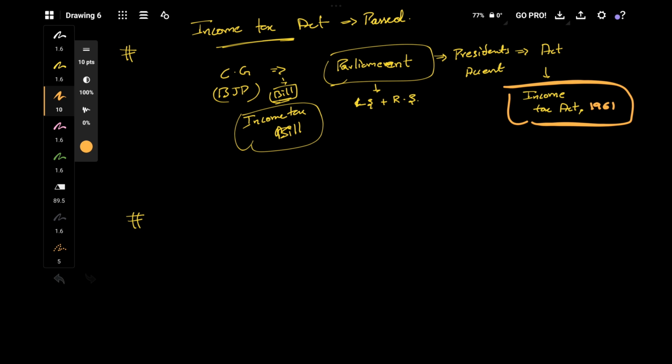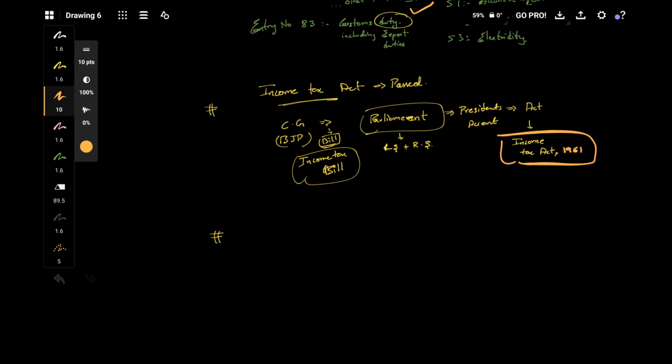So it will send notices to people. If people don't pay the tax, it will go to proceedings, it will levy fines, it will jail the people. So yeah, all those things will happen. For that to happen, there should be somebody overseeing all this. So this whole thing is